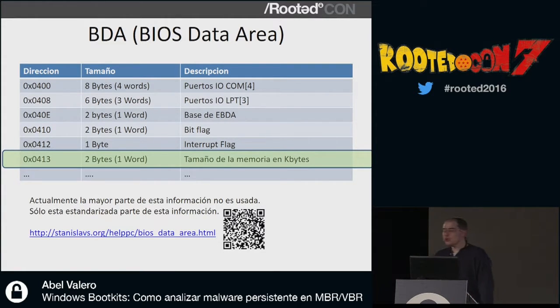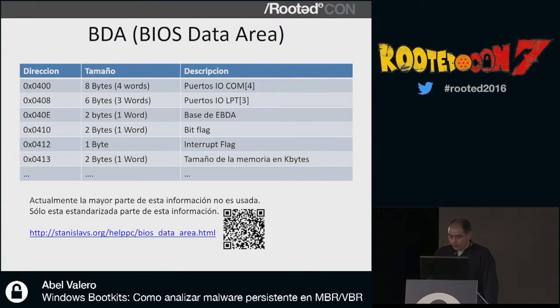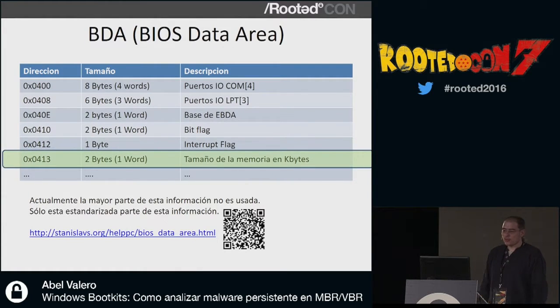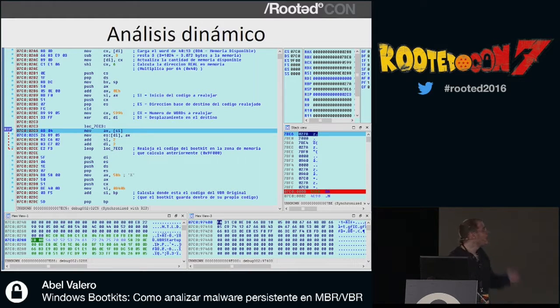Address 413 in hexadecimal. This is where BIOS stores the amount of RAM available, not the gigabytes we have. Here we will have 1 mega at most. With PC512 and others, that was 512 in hexadecimal. So there are parts of the memory that can be or not, depending on how we use it. This could be there, this could not be there. So once we know what we're looking at, we can start our analysis.